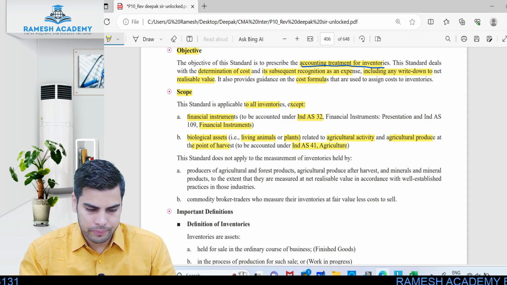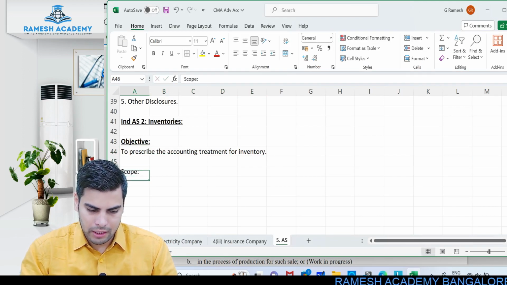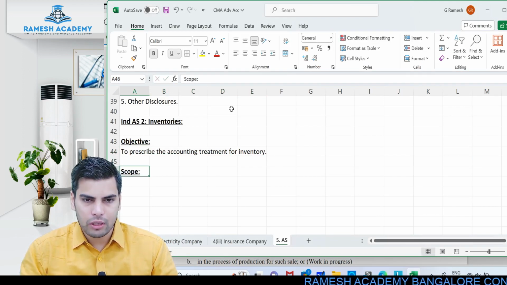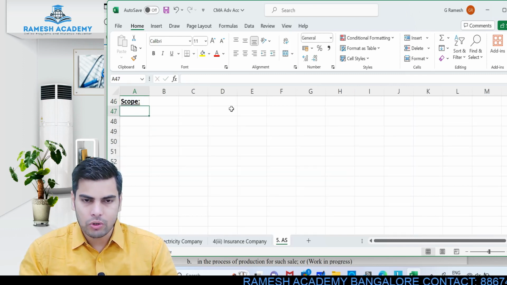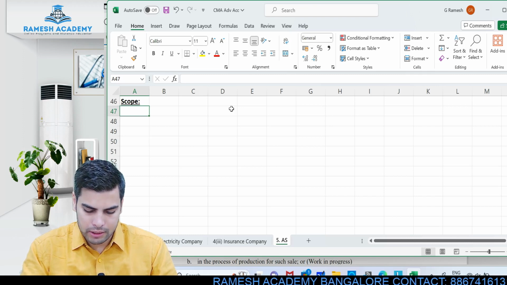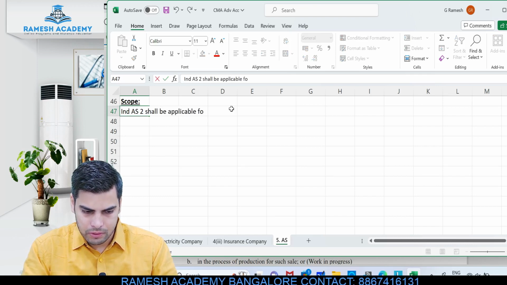Okay, so scope of this standard. Any standard, for that matter, will have its own objective and its own scope. So let's talk about the scope of this Indian Accounting Standard 2. Ind AS 2 shall be applicable for all the inventories